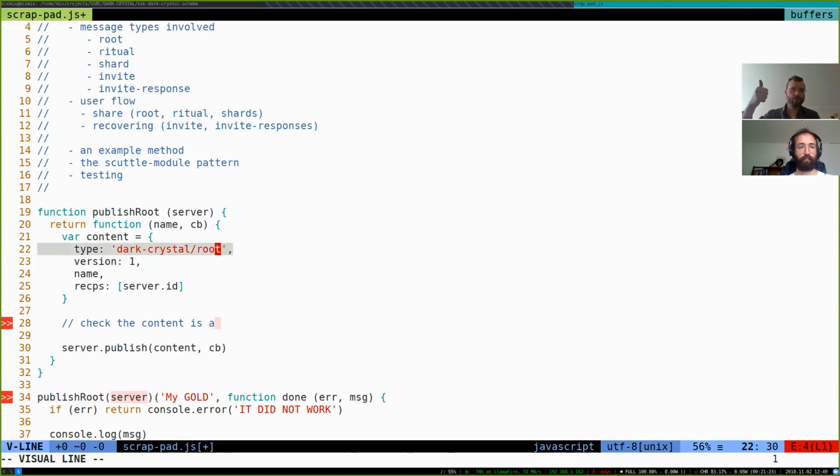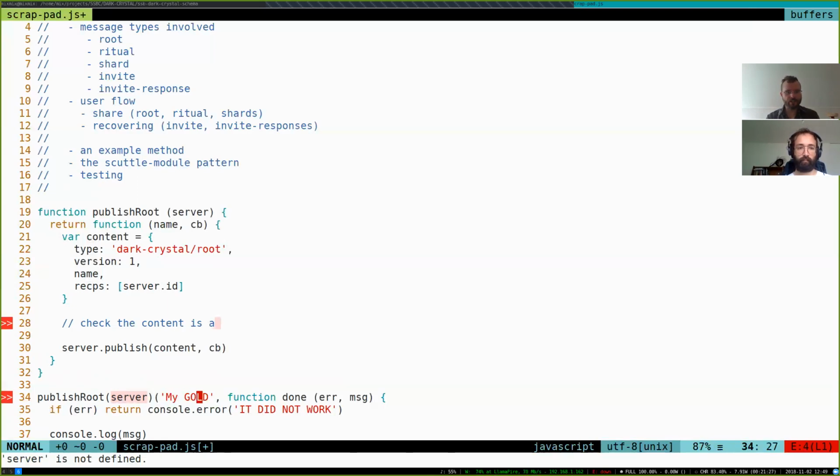It's like, all good, bro, I will publish this for you. And as long as there are valid recipients in there, as long as they are valid feed IDs, it'll be like, oh, recipients, I'm going to encrypt that to those people for you. But it doesn't